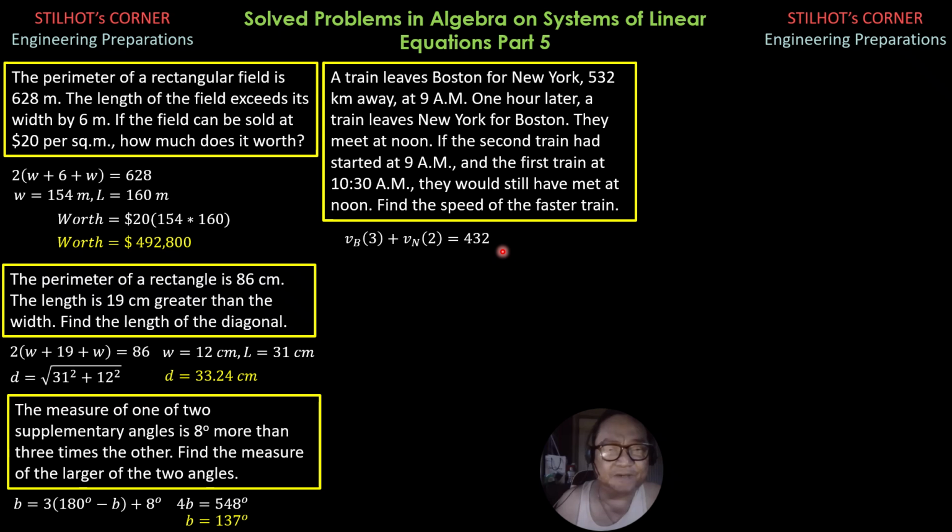Then for the second situation, the travel time of the second train would be 3,